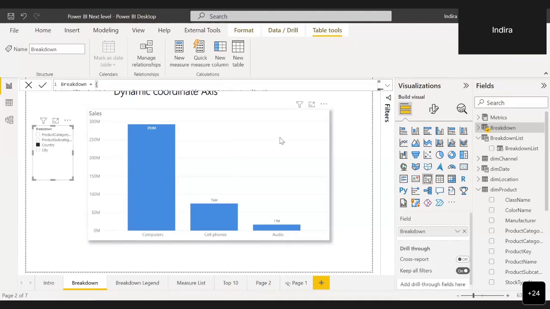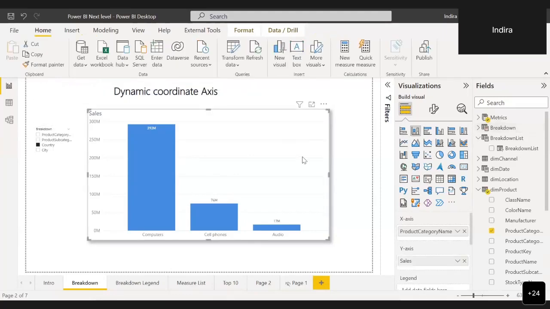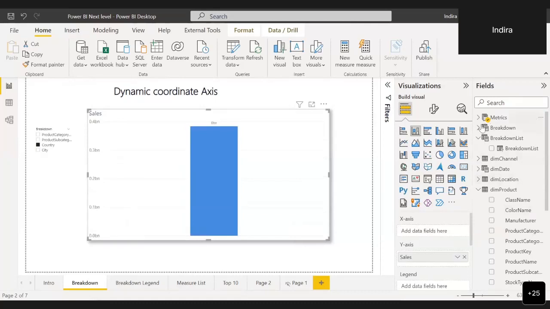Can anyone answer why it is not happening? Unmute and answer. No? Okay. The reason is that in the x-axis, I have not changed the x-axis. I'm just displaying category name. So if I change this to this breakdown,